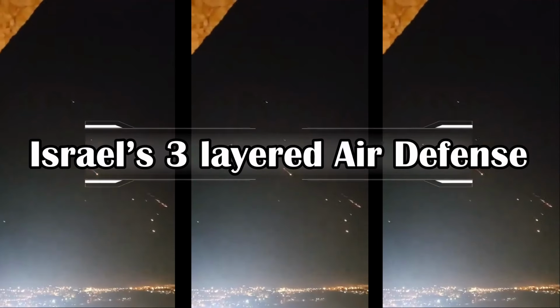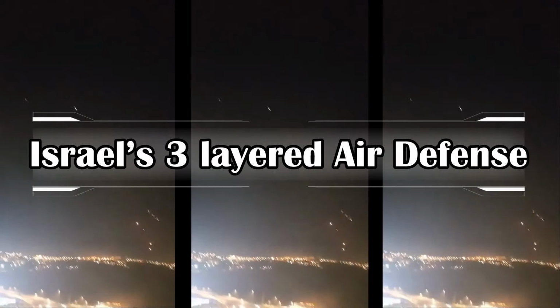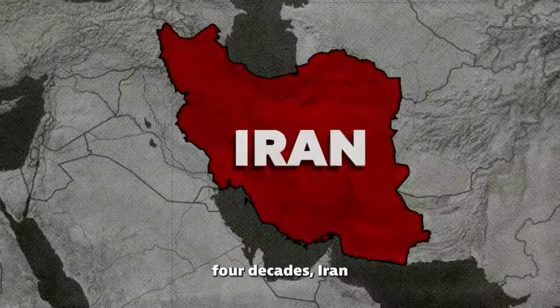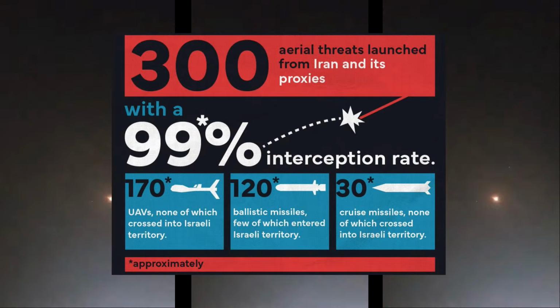On the night of 13th April 2024, Israel's sky was glittering not due to some fireworks or stars, but with the barrage of attack UAVs, ballistic missiles, and cruise missiles. It was the largest combined drone, cruise missile, ballistic missile attack against a country in history. Close to 300 aerial threats were launched by Iran and its proxies, which includes 170 UAVs, 120 ballistic missiles, and